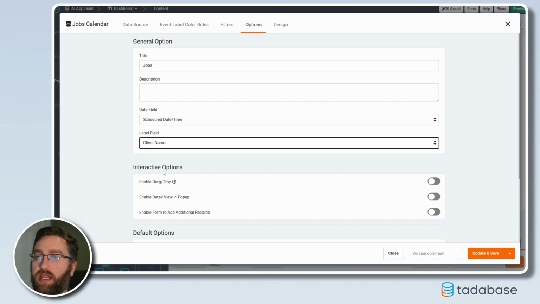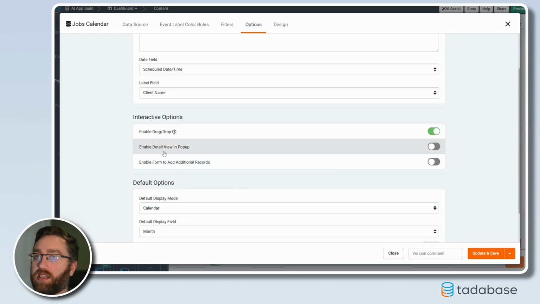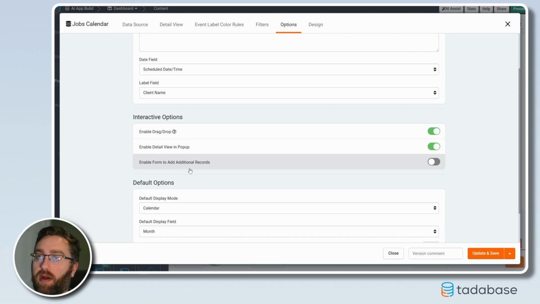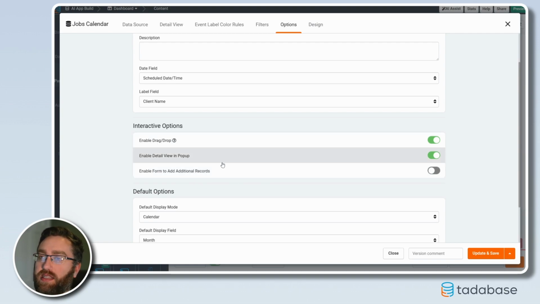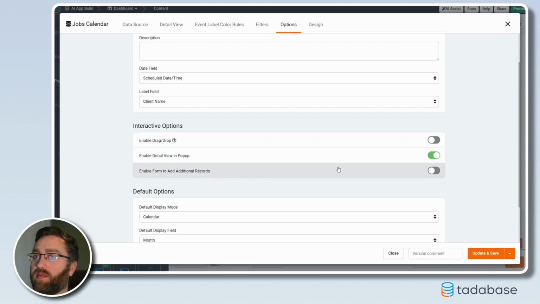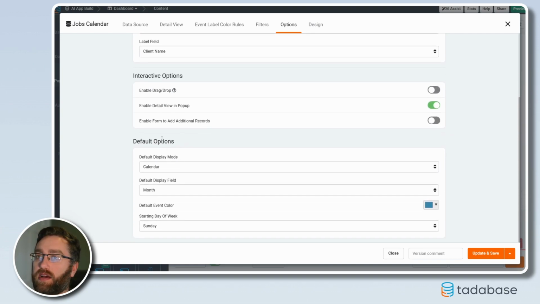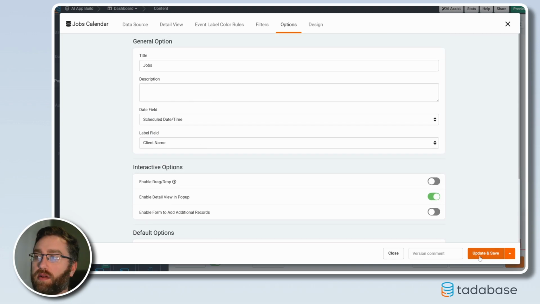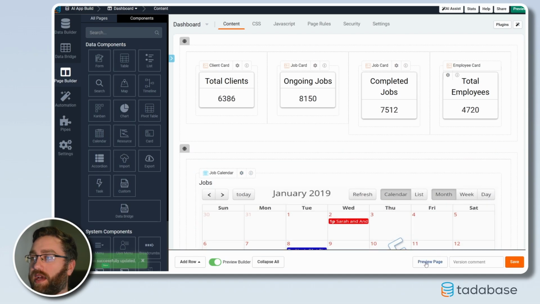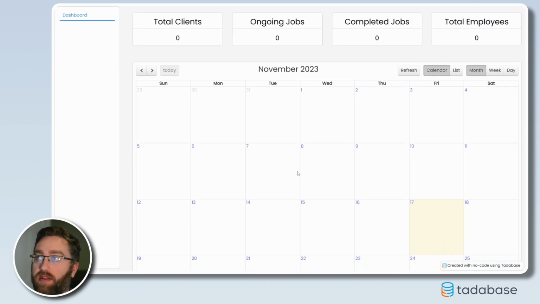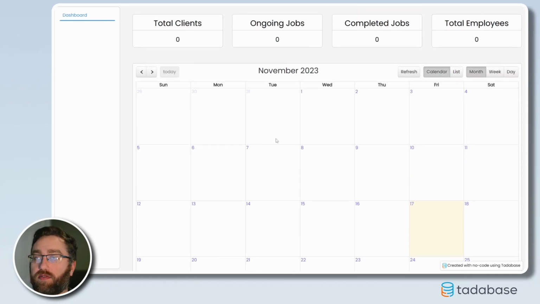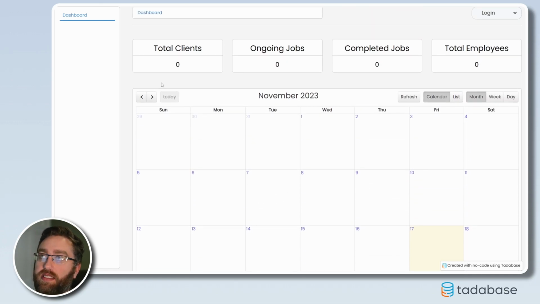So we'll do client name, and then we can enable things like drag and drop, the detail pop up, and a form to add new records. I don't think so. And actually, I'm realizing now that because this is a dashboard page, maybe we'll simply just enable the detail view, and that's it for now. Okay, so we can simply update and save that. And again, we can go preview our page to see what that's going to look like. Now, there's not going to be any data here, of course,